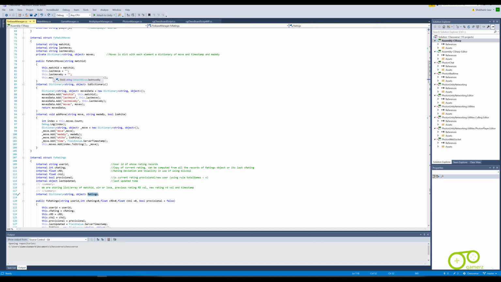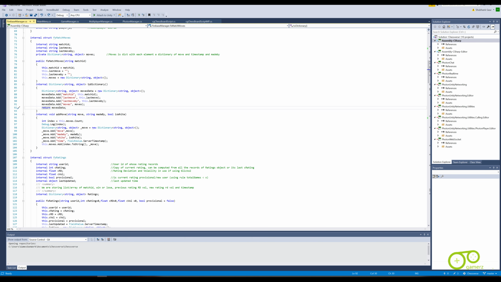The more important part is that you need to initialize this dictionary, regardless of whatever you want to store in it. Keep its data type as string, object: the key is string, values are object. So, the constructor, and then we have again created our toDictionary method, and all it does is create a dictionary object, add all the values of our structure into the dictionary, and return it. So all the values of our structure are returned as a dictionary,